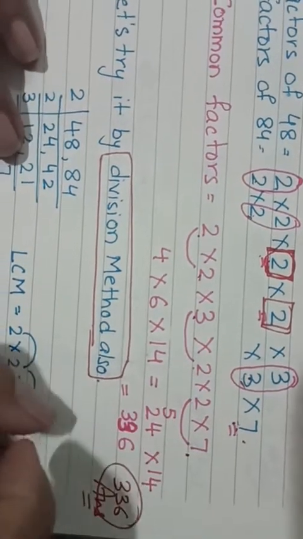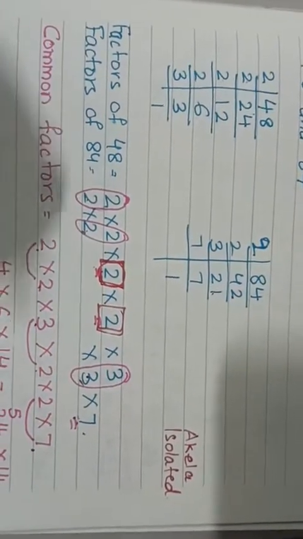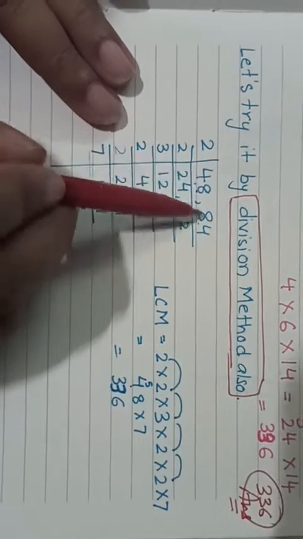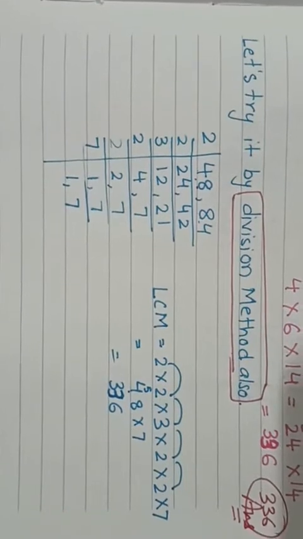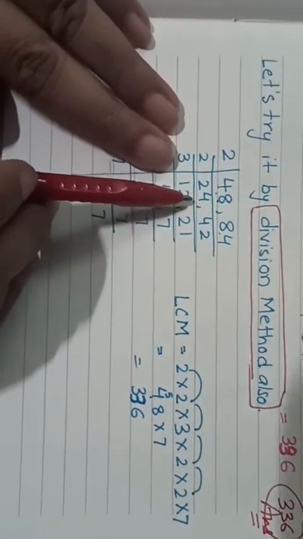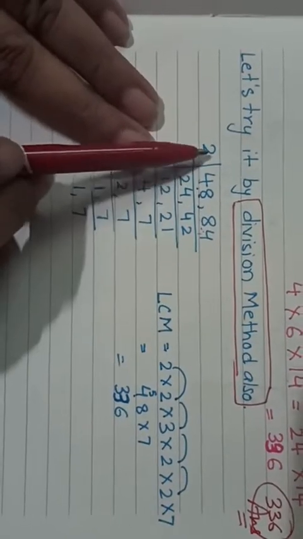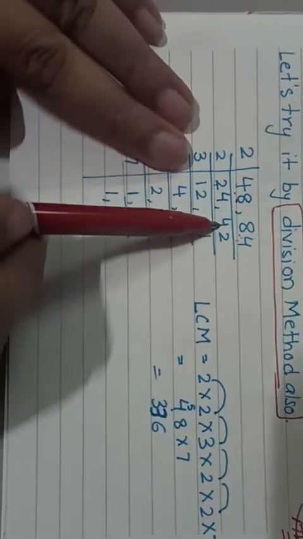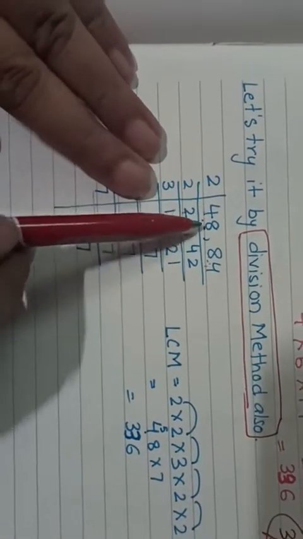This is the LCM. Now we'll be doing the same LCM with a different method, that is the division method. Let's see how we will do it there. So in division method, what do we do? We write both the numbers and then start dividing by prime factors. So we'll be dividing by such numbers which will divide both. Like both are even, so it will go by 2. 2 2s are 4, 2 4s are 8, comma 2 4s are 8, 2 2s are 4. So this is divisible. 2 could divide both of them.